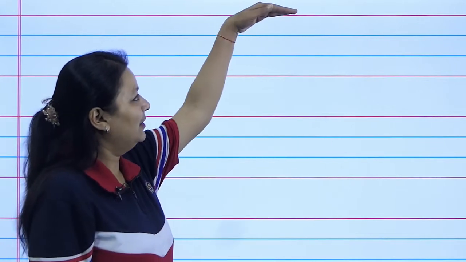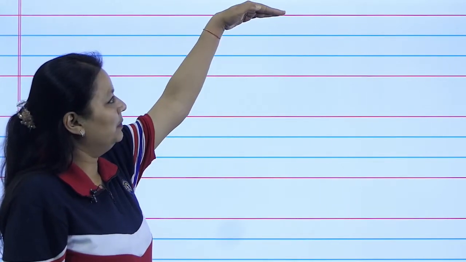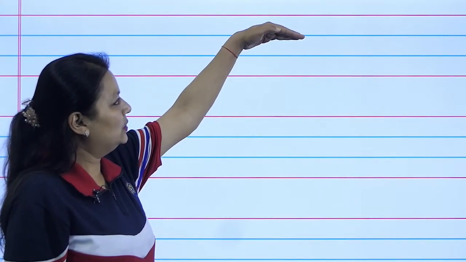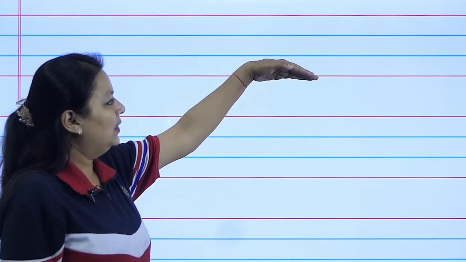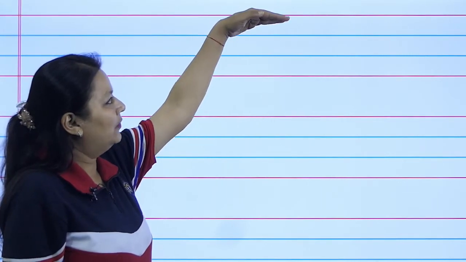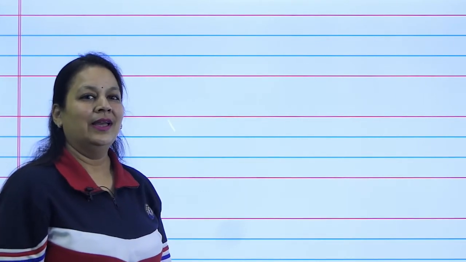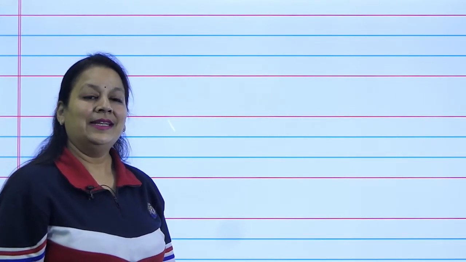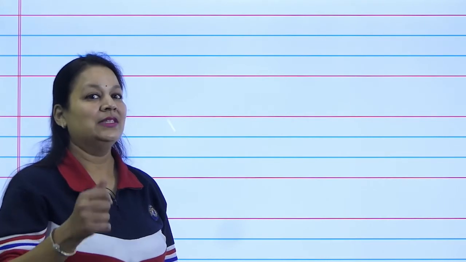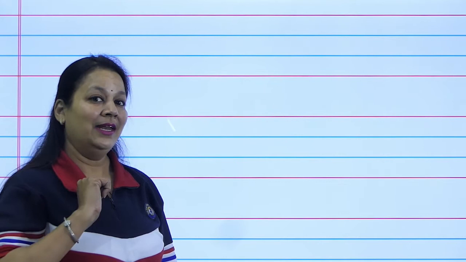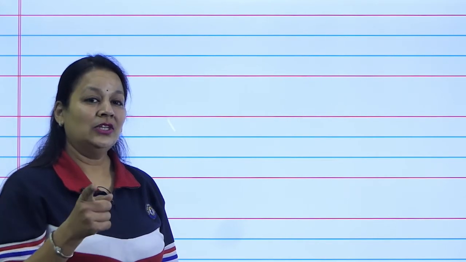Have you all opened your English notebook? Yes? Now look at your English notebook. How many lines are there in one set? Count with me. 1, 2, 3, 4. There are 4 lines in our English notebook. And do you know that each line has its own name like yours and mine? My name is Shilpa. What's your name?